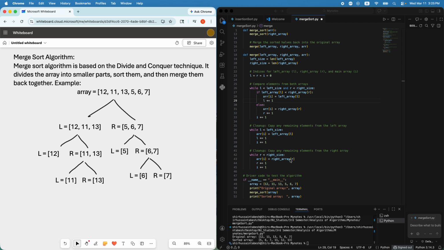elements separately. So we say while R is less than right size. Yes, at this point, for example, R is 0 and right size is 1, so 0 is less than 1. So we say that array at index I, when we add this element in the array, we increase that by 1. So now when we say array I, that means at index 1. So we put that in index 1, from the right array at index 0, and we increase the index of the right array